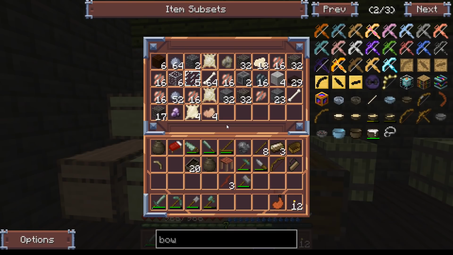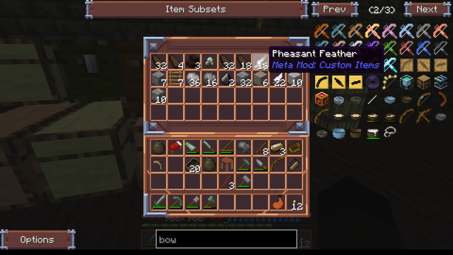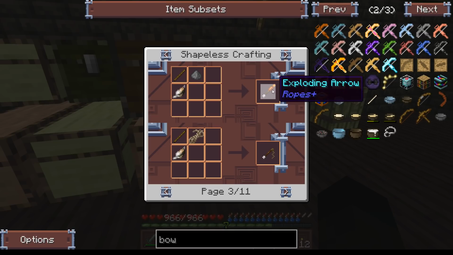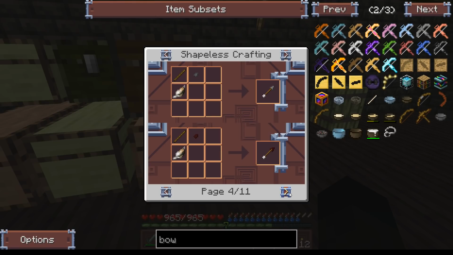And we should have in one of these, we should have a whole load of feathers, because I plucked a pheasant, and we can use that to make arrows. Oh, interesting. We can make the snowball for a frost arrow, confusing arrow, warp arrow, fire arrow, exploding arrow. We don't really want that, and a rope arrow, which we can make with the various ropes. I'm not too worried about that. I am more interested in,